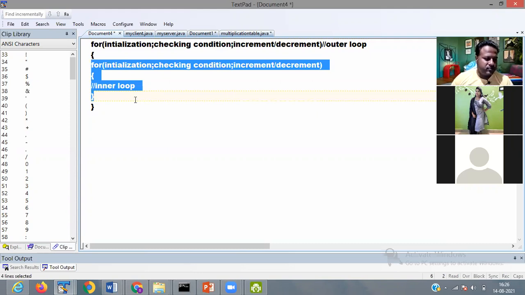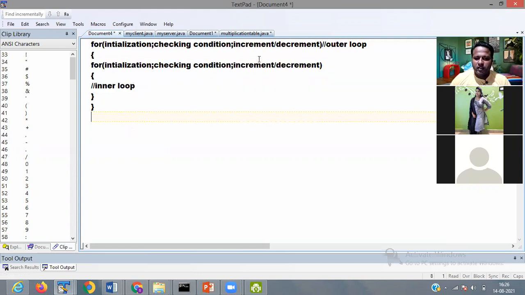Okay, so it is called a nested for loop. So how is it working?